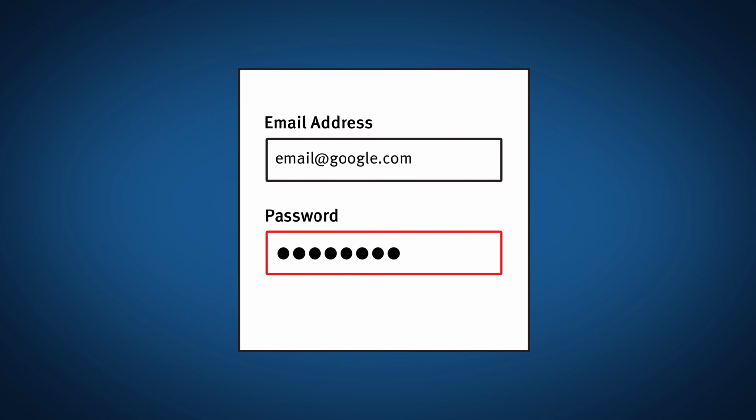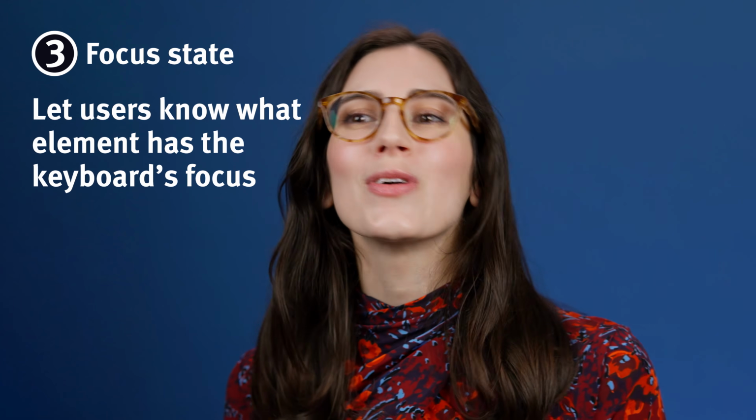Right now, this design is not accessible because it only uses the red error color to signify the error. We need to add in something else, like an icon or some text, to make it distinguishable for someone who has color blindness. And finally, let's discuss number 3, which is to identify the focus state.